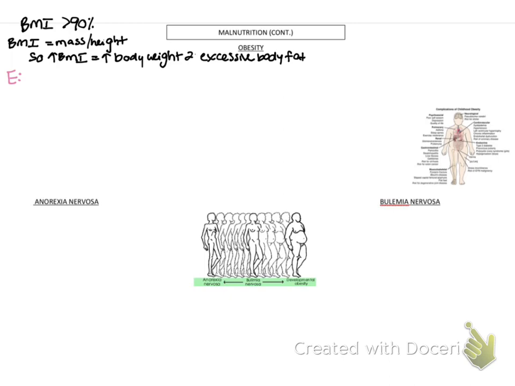And there are a lot of things that contribute to this. And we always think that you just eat too much, right? That your intake exceeds how much you expend. But there are definitely some family influences, not just because they might be poor role models, but there are genetics that come into play with this. There's definitely a familial hereditary component with obesity.